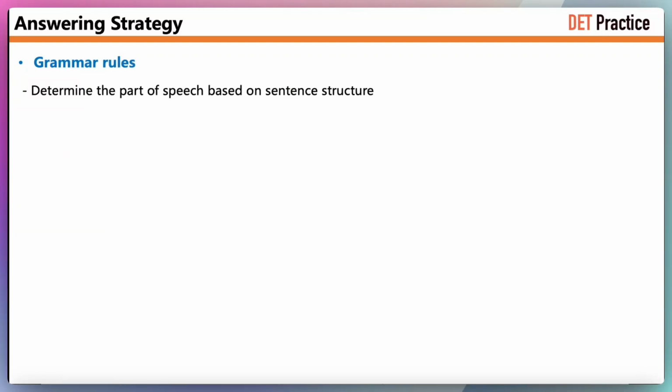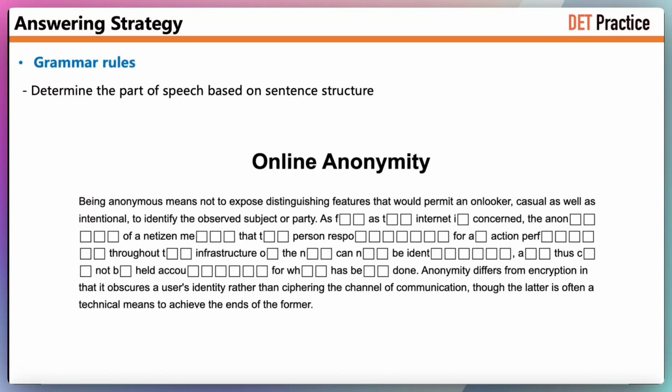By reading the title, we can see that this article is about online anonymity. Let's start by reading the first and last sentences. The first sentence says, "Being anonymous means not to expose distinguishing features that would permit an onlooker, casual as well as intentional, to identify the observed subject or party." This means that anonymity involves not revealing characteristics that would allow observers, whether accidental or intentional, to identify the subject